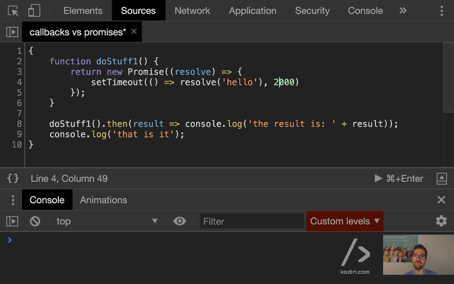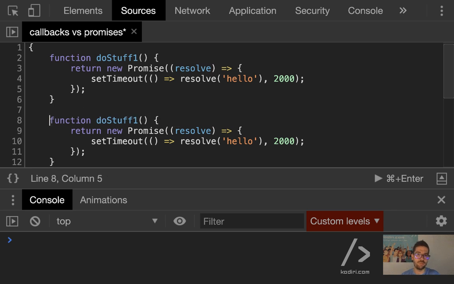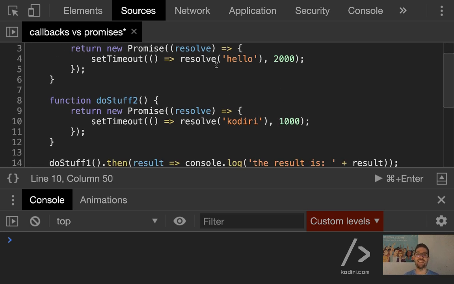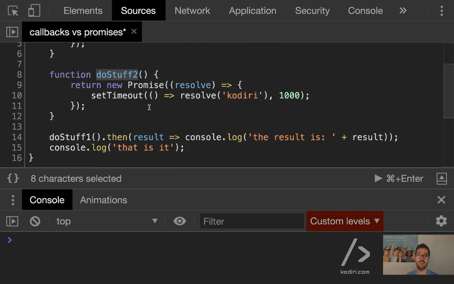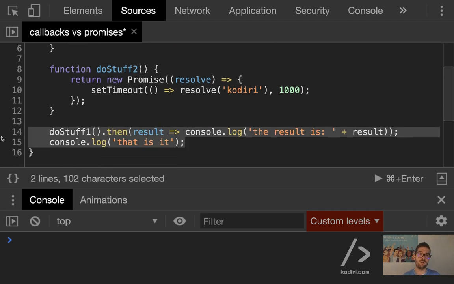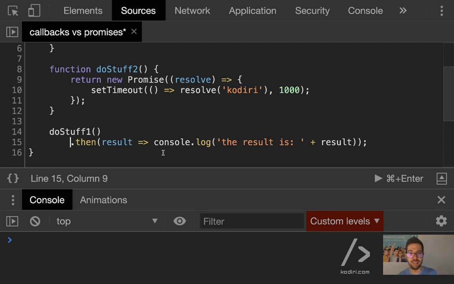So doStuff1 returns hello after 2 seconds, and then I'll create doStuff2 that will return codedy after 1 second. So I'll try to sequence these two requests. I want to call doStuff1, and afterwards I would like to call doStuff2. The way to do that with promises, and this is where I hope you can start enjoying the beauty of the Promise API, is